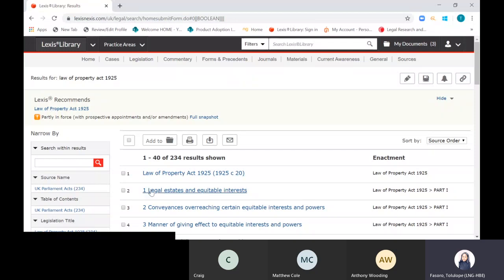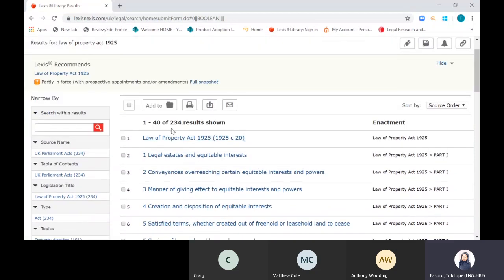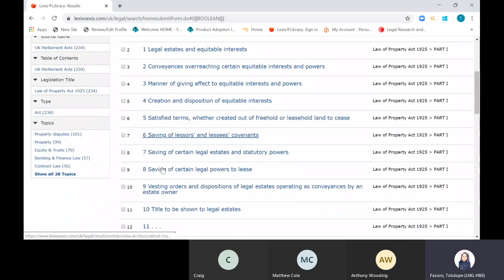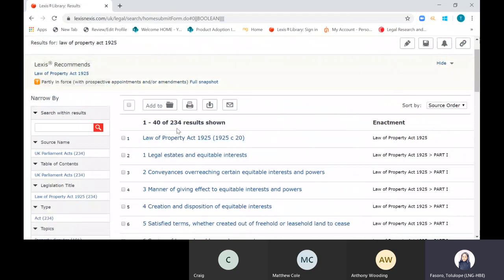Okay, and on here what you can also see is 234 results. So we're not saying there's 234 Law of Property Acts, we're just saying that the first one is the entire act, and following will be the different sections of that legislation as well. So don't be alarmed when you see a lot of results from a legislation. So if I just go to the entire legislation, which is the first result,